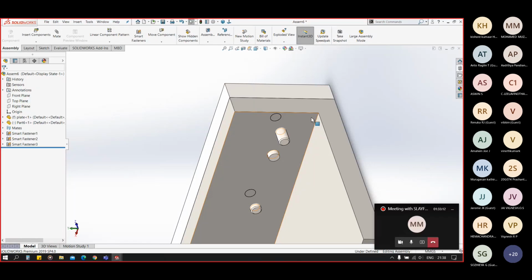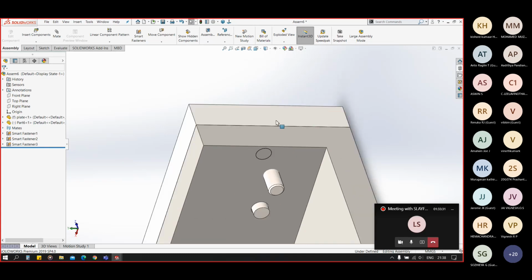Hello, sir. Sir, when I click smart fasteners, it shows it requires SolidWorks Toolbox, which is not present. Are you seeing my screen? Yes, sir. Okay. So guys, give attention to that.